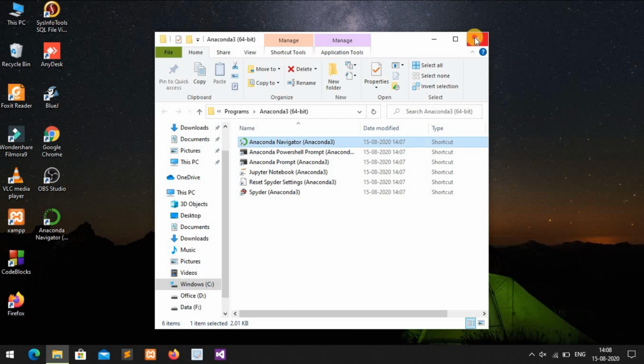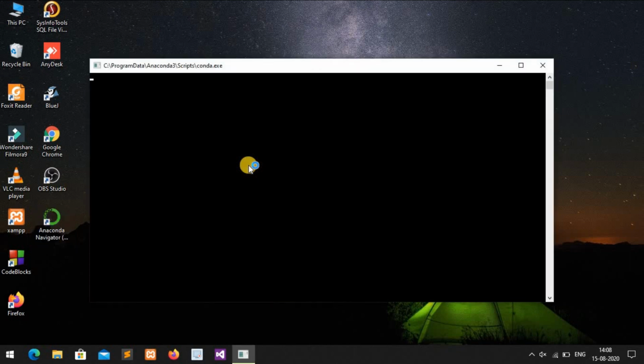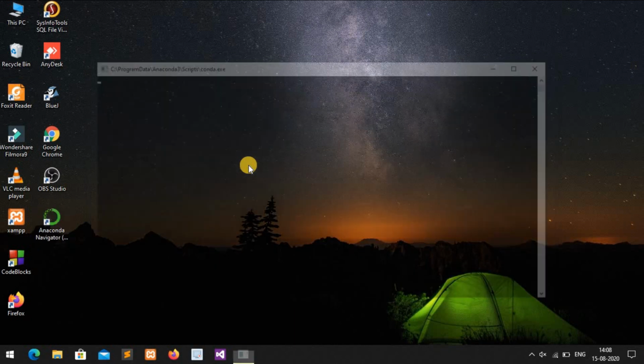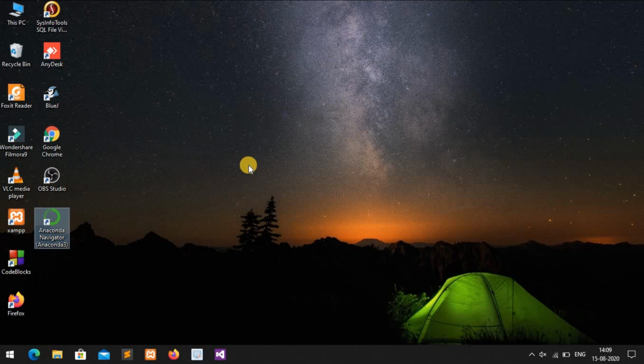Now you are getting the Anaconda shortcut here, and now we are going to start Anaconda. Double click on Anaconda. Anaconda automatically has some software tools installed. The first time of execution it will take some time, because it configures Python on your system, JetBrains, PyCharm and Spyder.